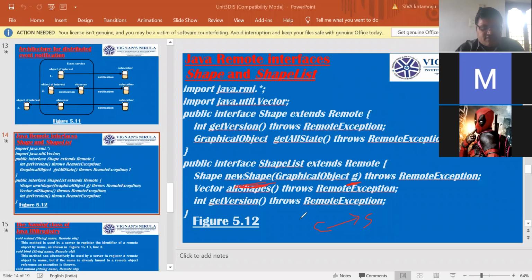What does the server do? The server makes a remote object of type Shape containing the state of the graphical object, and returns the remote object reference to it. Okay.